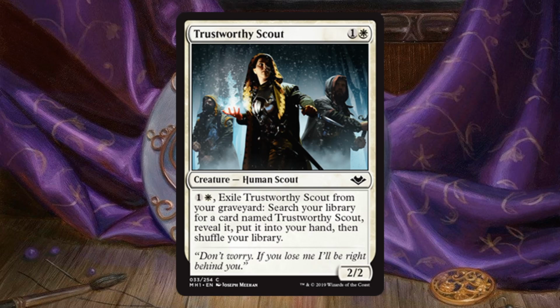Trustworthy Scout. This one's kind of interesting because at least it's a 2/2 for 2. Even if you had no other copies of this in your deck, it is playable as a curve filler, and many times you will just need a 2/2 for 2, and there you go. Now, if you happen to have other copies, and in draft especially if you can grab a few, then this does